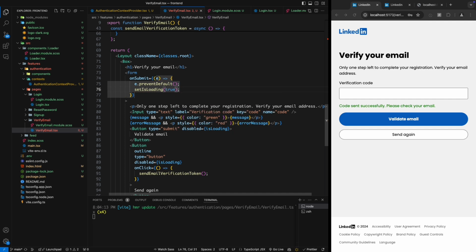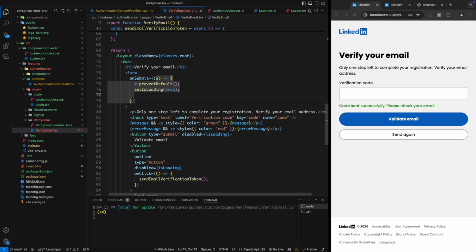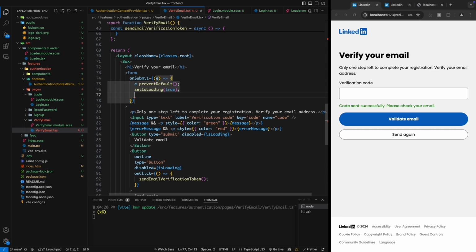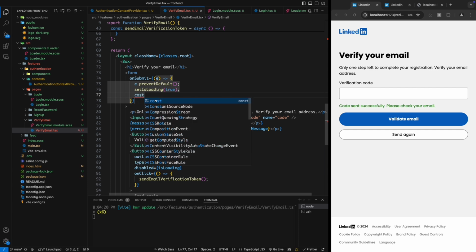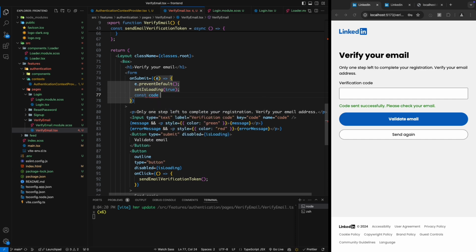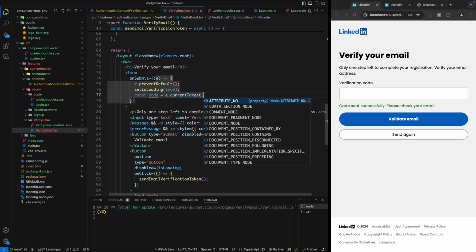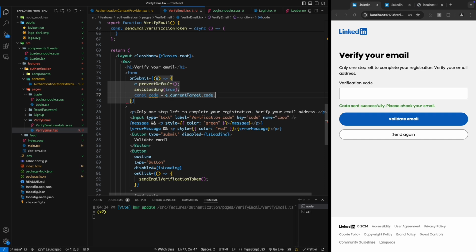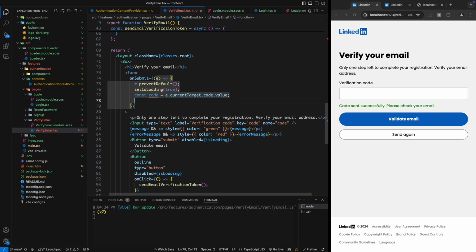And then we are going to grab the code, so the code that we would have pasted here. So it's going to be const code is going to be e.currentTarget.code, and then dot value, so dot value, and we're gonna call